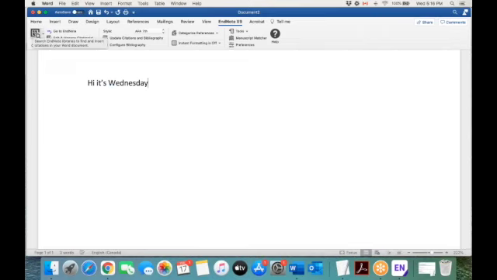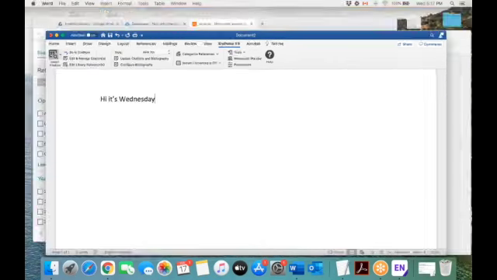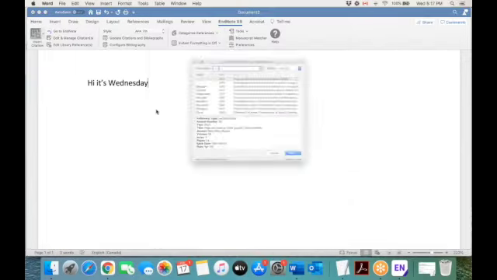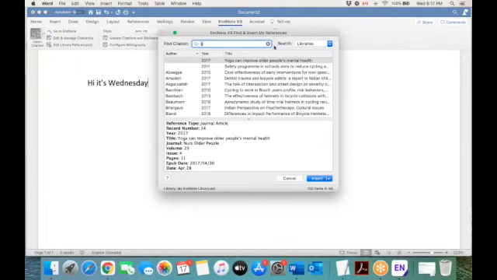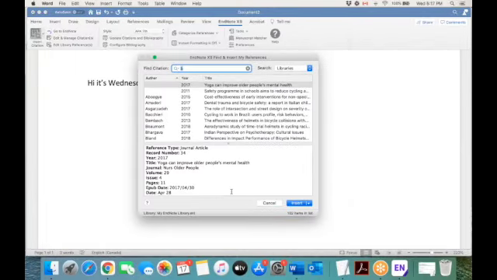So you'll just write along as you normally would within Word. And once you're ready, you'll click the biggest icon on the menu bar on the left-hand side that says Insert Citation. And this will talk to your library and you can pull up citations. Why is this not working? There we go. Okay, so it's pulled up the menu for looking for papers,